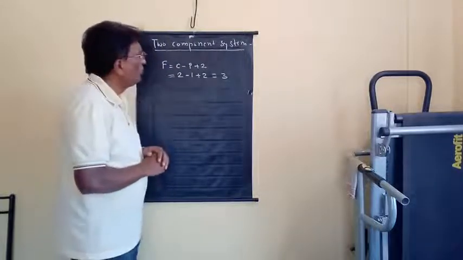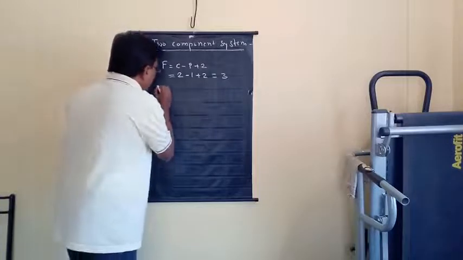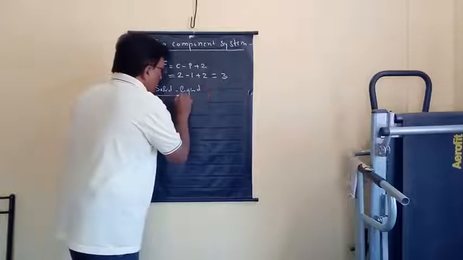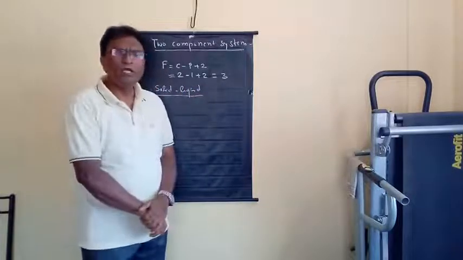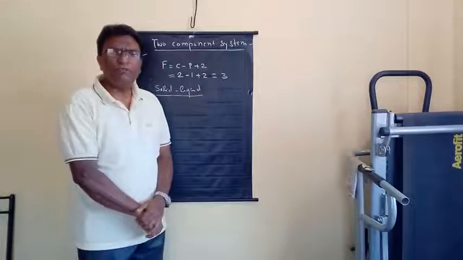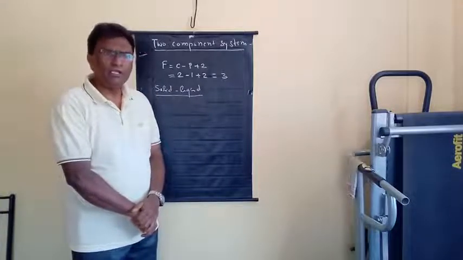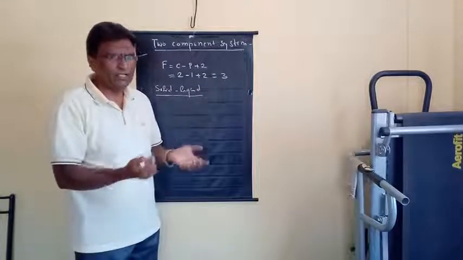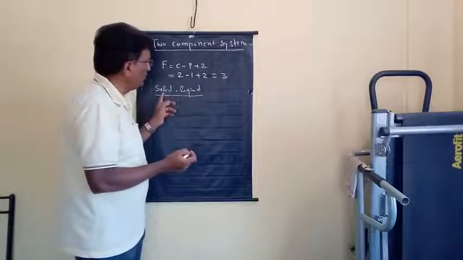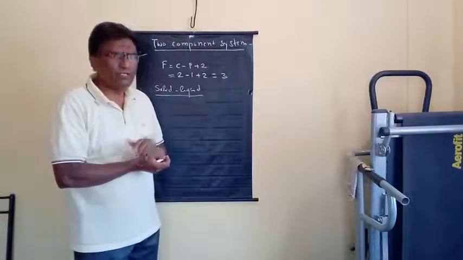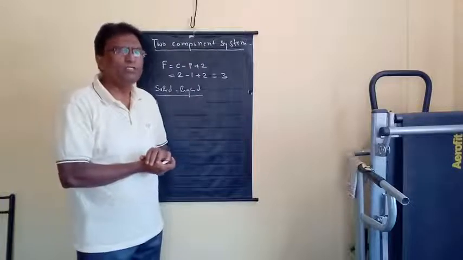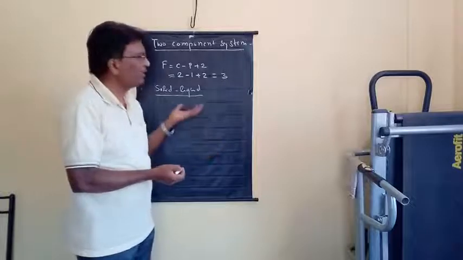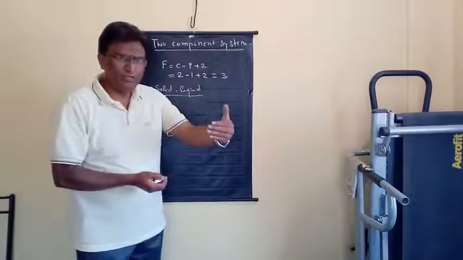Now, in the case of solid liquid equilibria, the effect of pressure is neglected. The effect of pressure is very, very small, and therefore it can be neglected, and therefore the vapor phase is condensed. That means only solid liquid phases are considered and the vapor phase is neglected, and therefore this system is called a condensed system. Whatever measurements are taking place are at constant pressure.